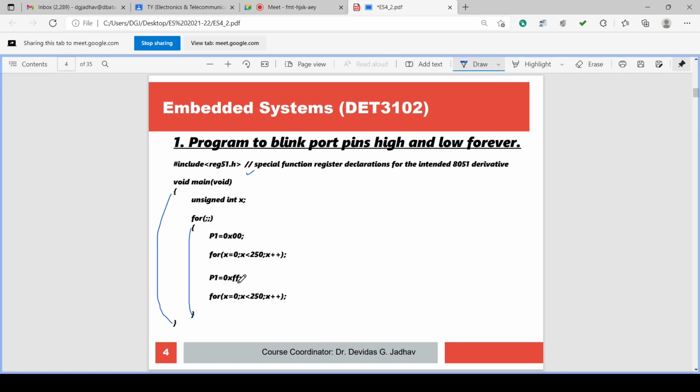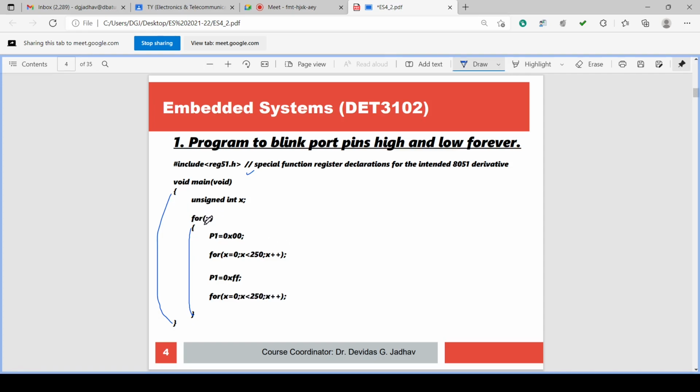Now this P1 = 0x00 is giving all zeros on all pins, and P1 = 0xFF gives all 1s on all the pins of P1. All means a total of 8 pins are there. And these for loops are having a semicolon at the end, so that means they are looping in itself. They are executing only in itself.